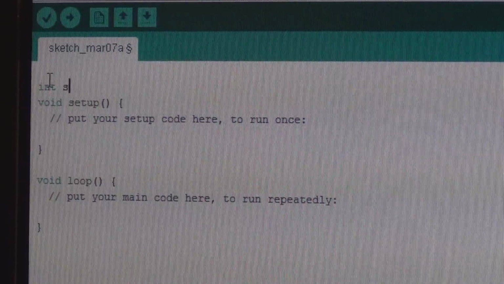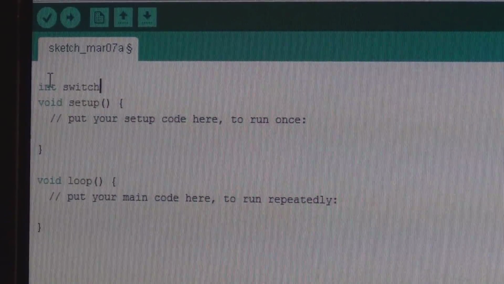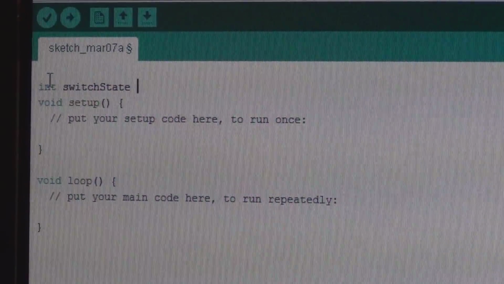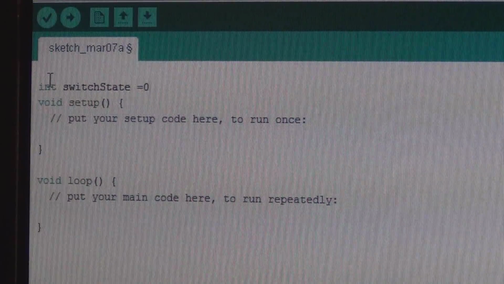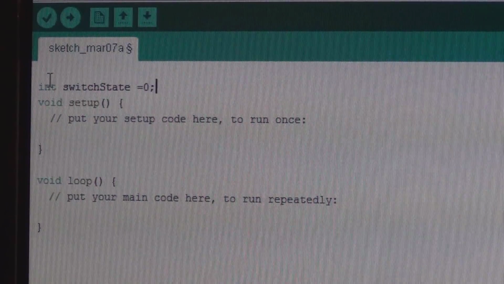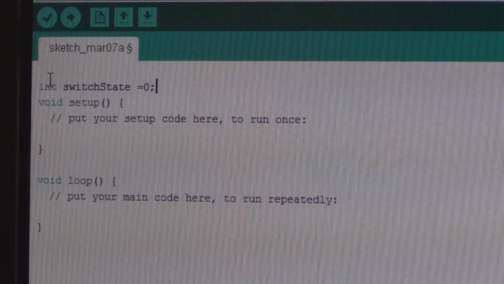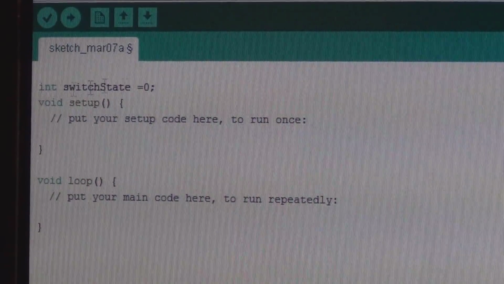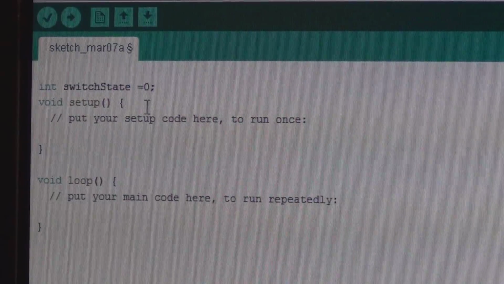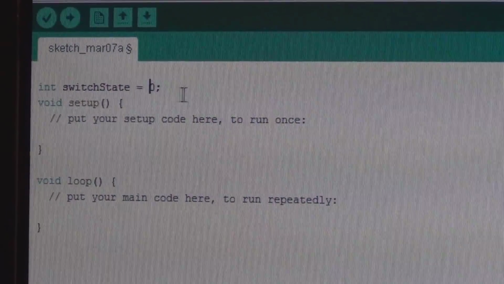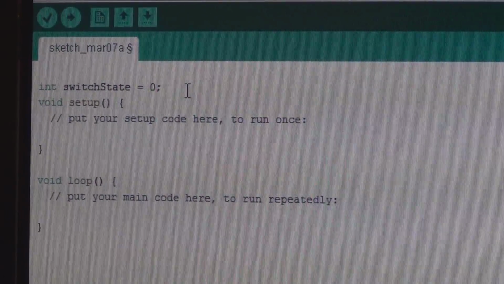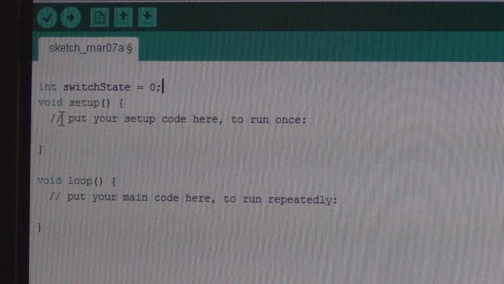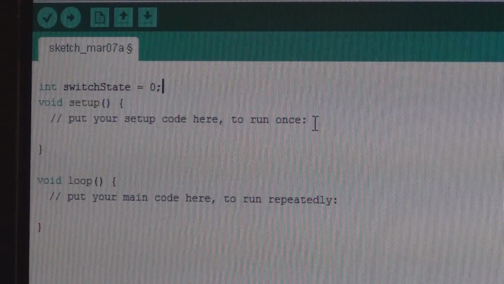We'll call it switchState, and we want that equal to 0 and semicolon. So int switchState = 0. You put a space on the other side of that equal sign just for readability, and then click into the void setup